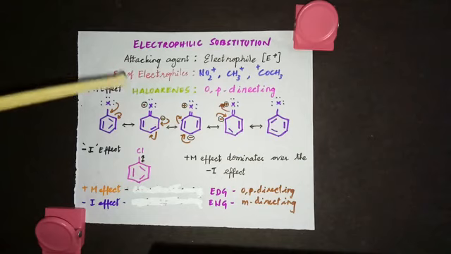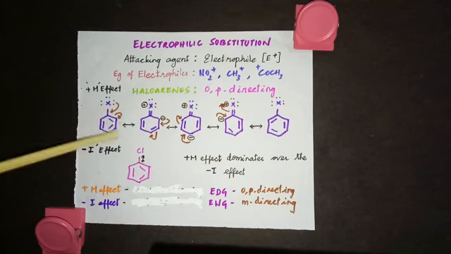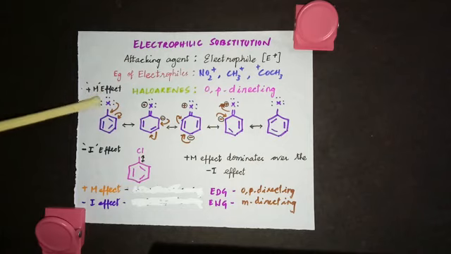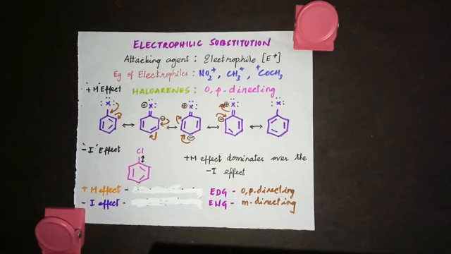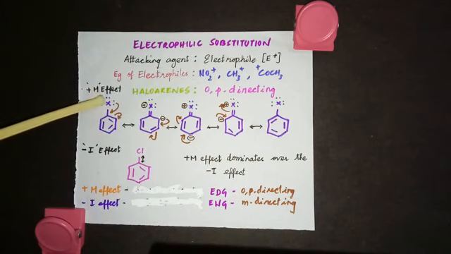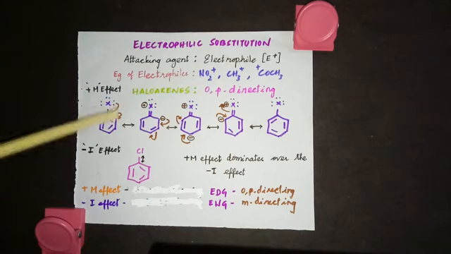So now look at these haloarenes. I've taken the example of halobenzene. We can take this X, it can be a chlorobenzene or bromobenzene. Now the electron pair on this halogen will conjugate with the pi electrons in the ring under the influence of an electrophile. So when the electrophile is attacking, what will happen? These electron pairs will be involved in resonance. So now see, this will go here and this electron will come here as a bond.